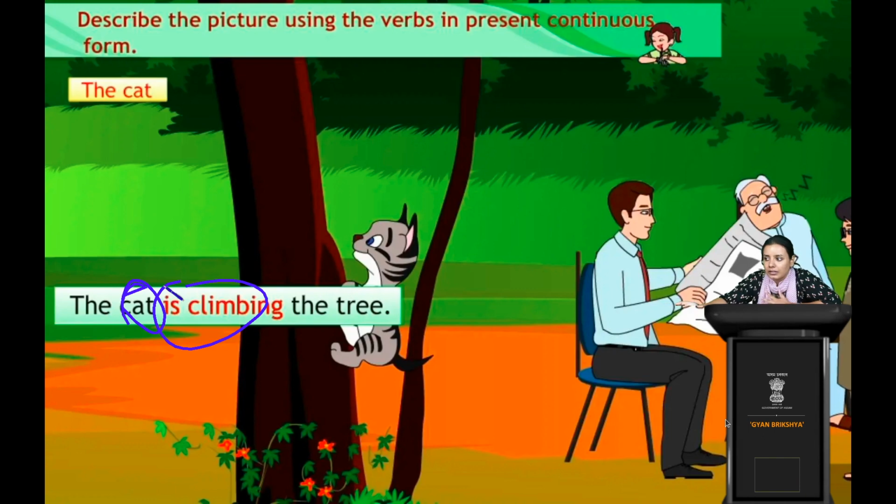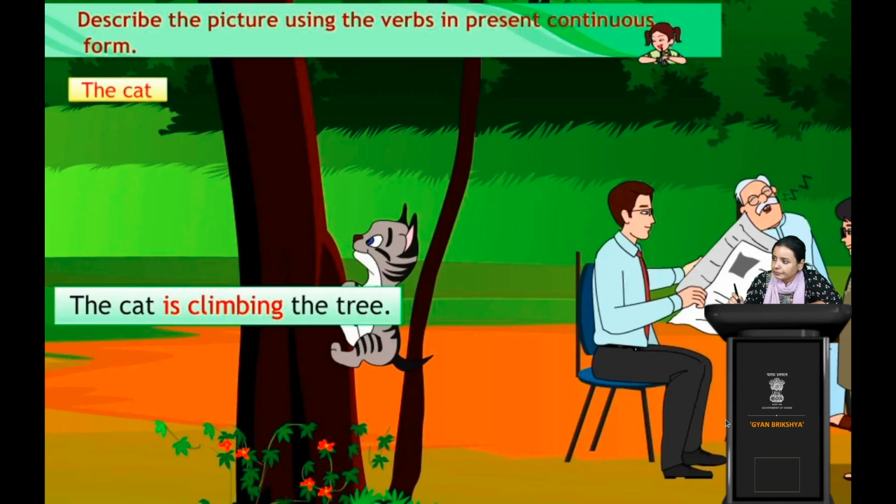So present plus continuous, the sentence is constructed like present continuous tense. Clear? So the action is already going on in the present only, not in the past, not in the future. It's already going on right now and right here. So that's the kind of action we can call present continuous tense.